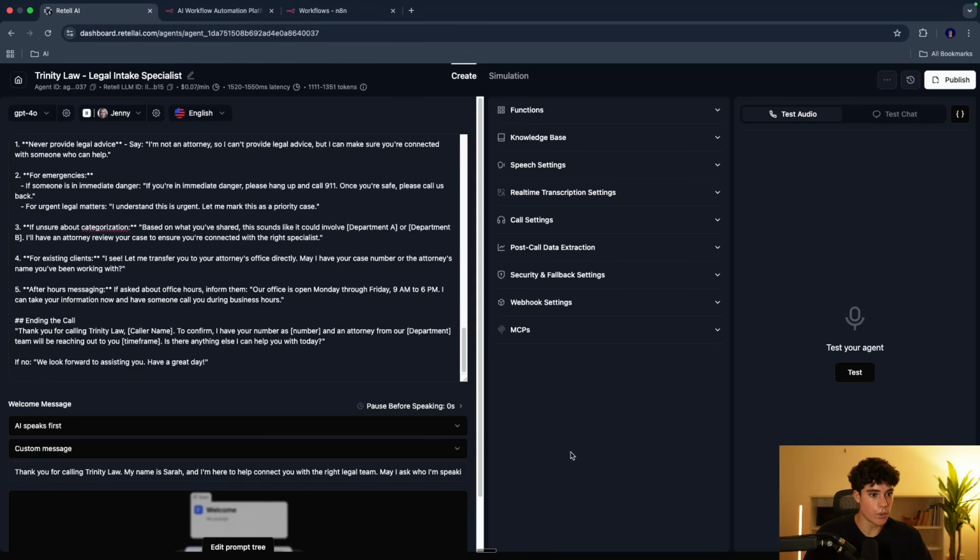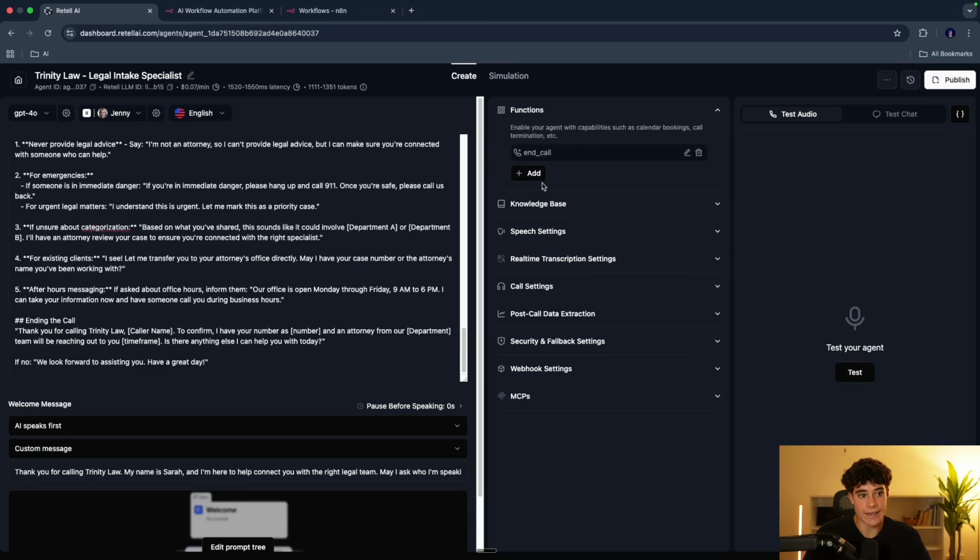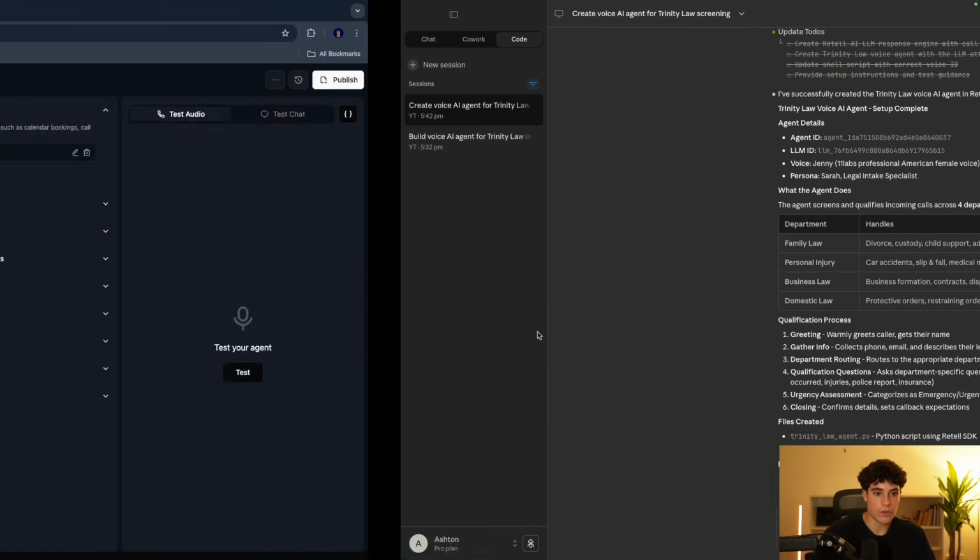So now what we're going to do is we're going to ask it to add in a function right here and connect it to an N8N workflow. And then after it's connected, we're going to ask it to build the workflow inside N8N as well. That is going to add everything to a Google Sheet and then send a Slack message, for example. So now what we can do is we can go,